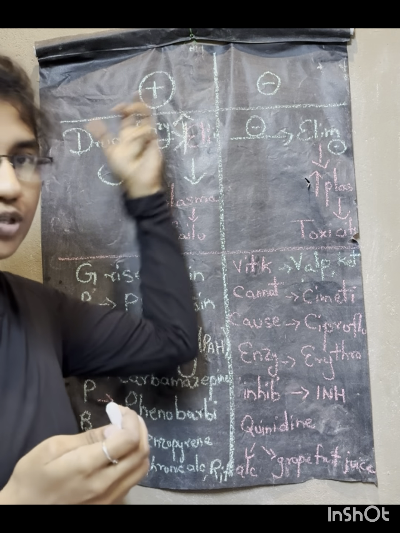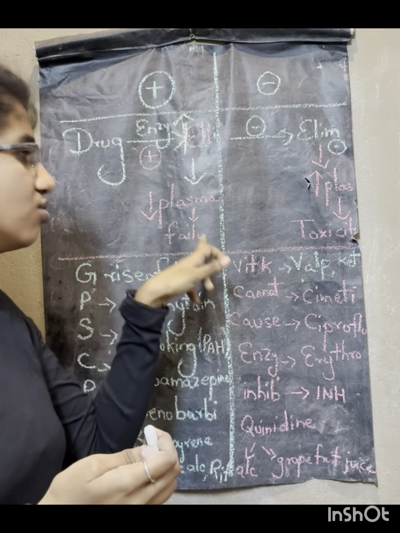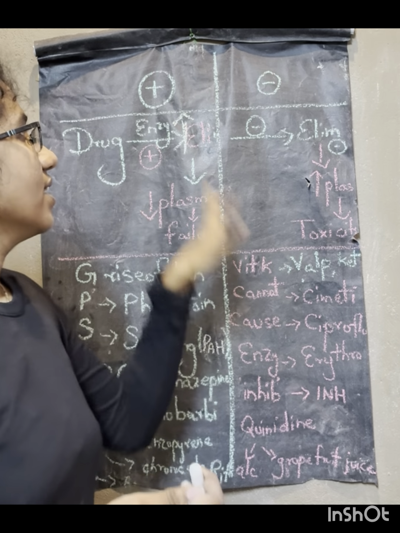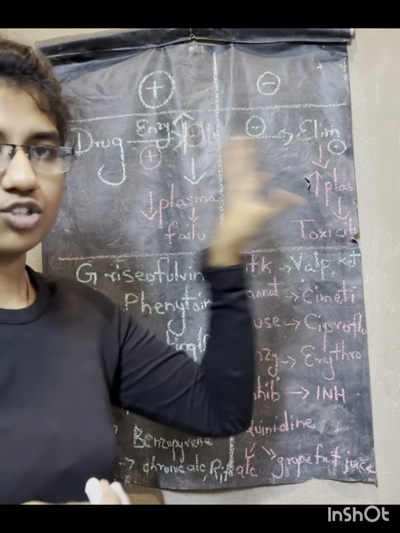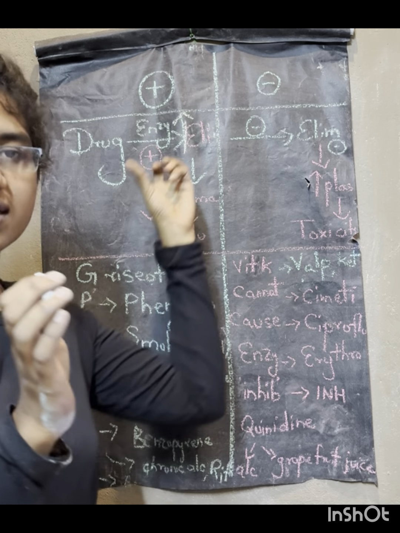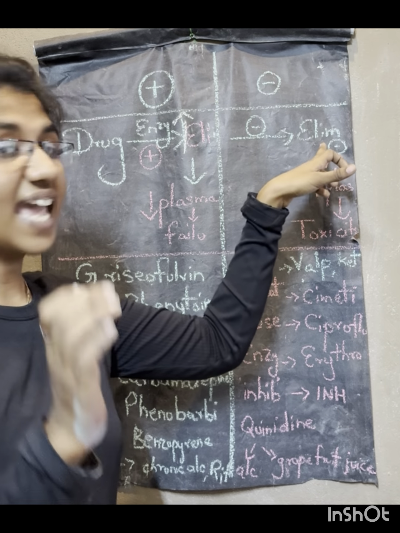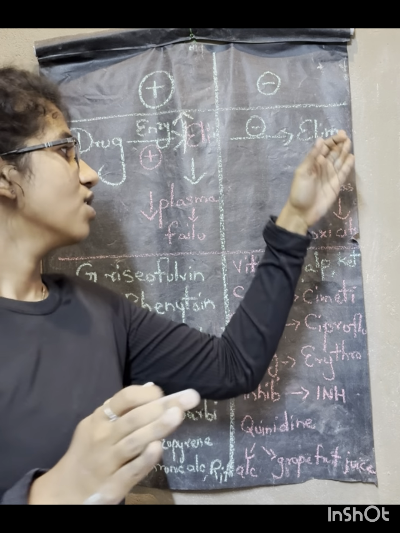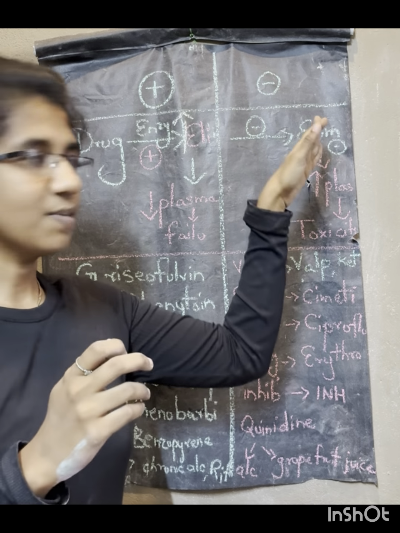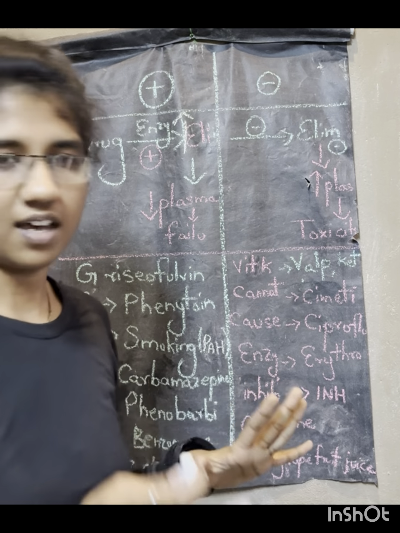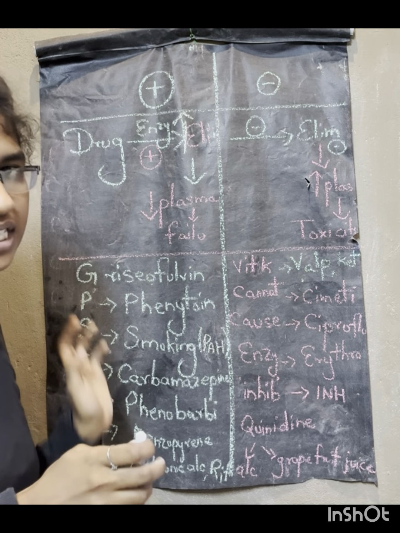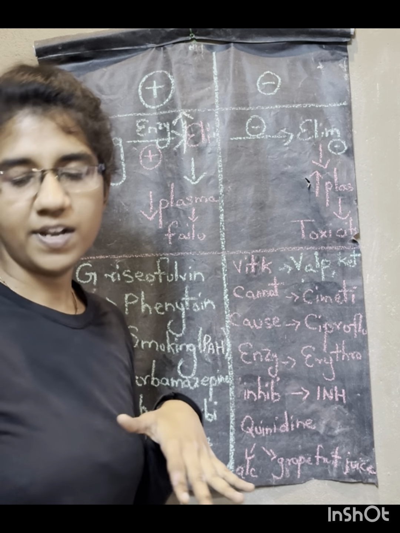So enzyme induction leads to drug failure, because it is inducing the enzyme that is metabolizing the drug. And on the other side, enzyme inhibitor. So enzyme inhibitors are substances that inhibit the enzyme. So when the enzyme that metabolizes the drug is inhibited, that means the elimination of the drug is inhibited. So the plasma concentration will increase. So in the presence of enzyme inhibitors, the drug toxicity will be there. So it's very important to know the examples of enzyme inducers and enzyme inhibitors,